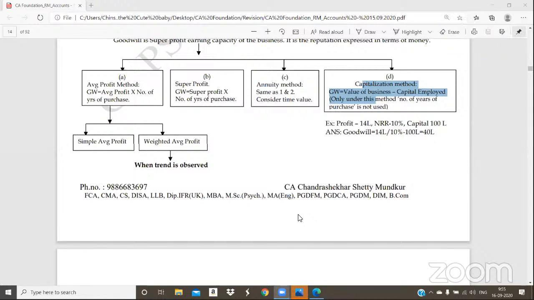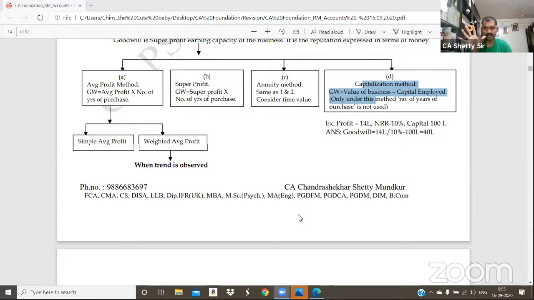P&L based. This one, as I said, all of you understood? Yes, sir. Now come to the left side, P&L based. What do you write? Profit into number of years of purchase. Below profit, put an arrow mark. Profit can be